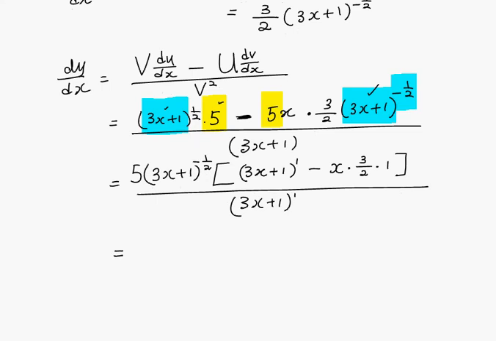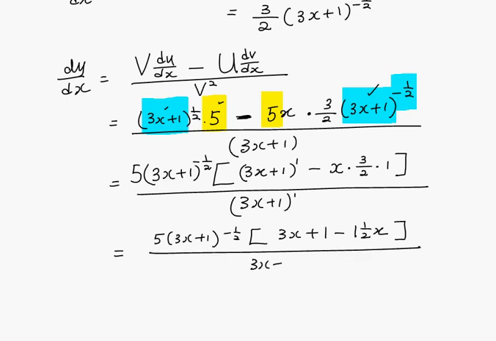Next step. Simplify what is in the square bracket. It's 3x plus 1 minus 1.5x over 3x plus 1. So that gives you